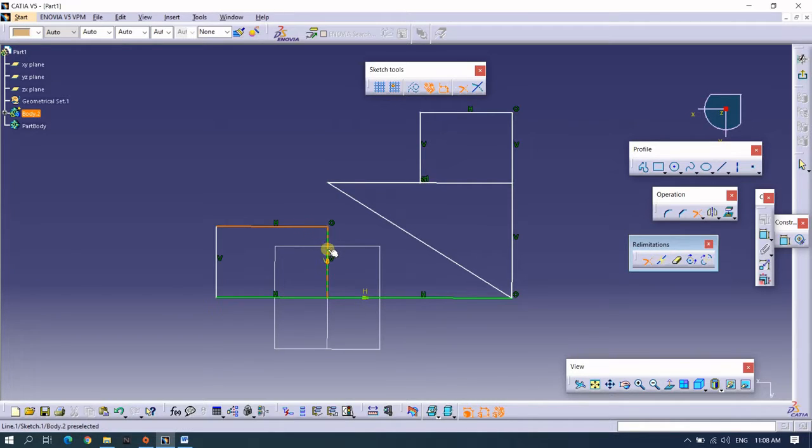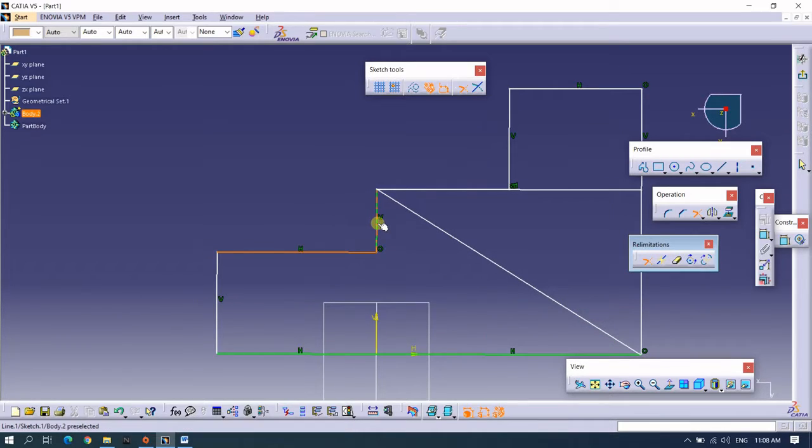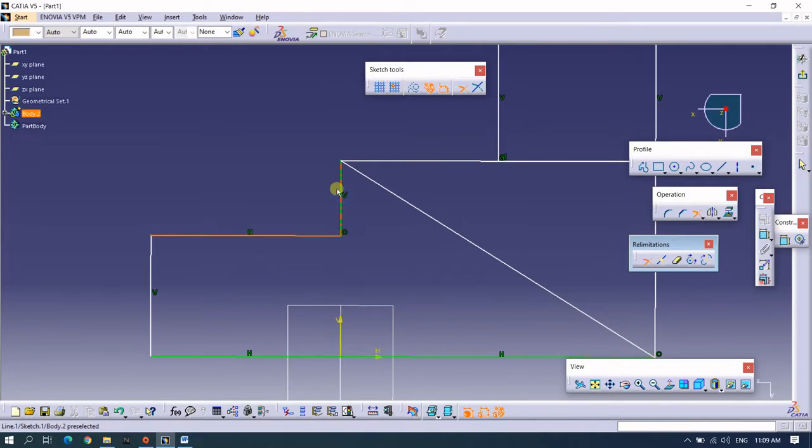Now you can see as I'm dragging my cursor on the upper and lower side of the line up to which I want to trim my first line, the line gets disappeared. See, now I will click on the upper part of the line and now you will see the result.